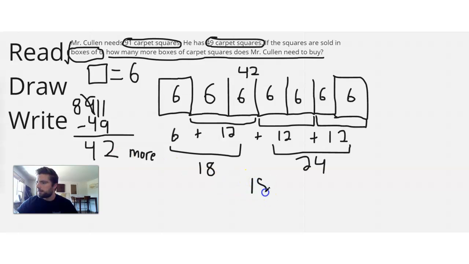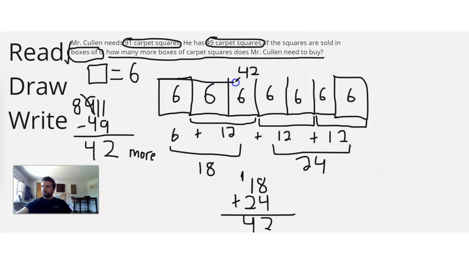So 18 plus 24. Now I'm going to start lining it up top to bottom because I don't want to make a mistake. And this is the safest way to do math, top to bottom. So 8 plus 4, I'm going to start at 8 and count on 9, 10, 11, 12. Okay, so we're going to put a 2 down there. Carry the 1 to the next place over. 1 plus 1 is 2, plus another 2 is, check that out, 42. So this tape diagram